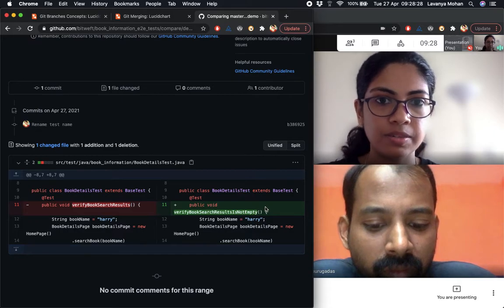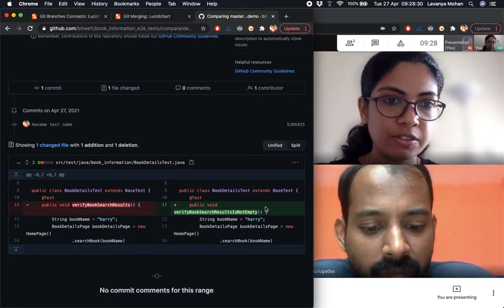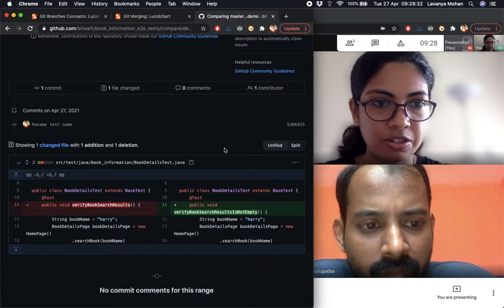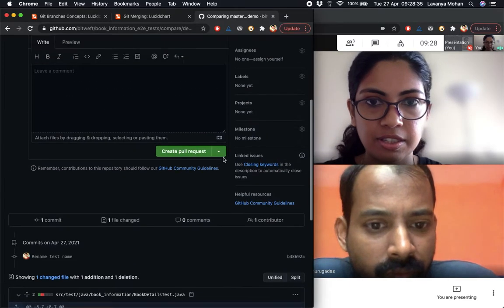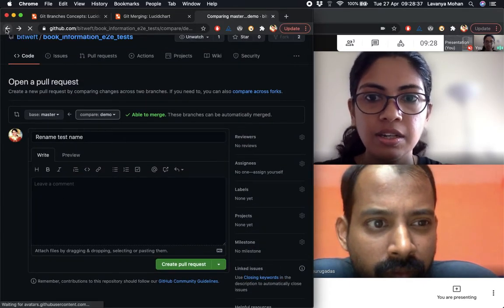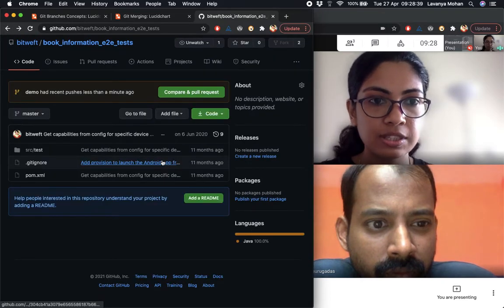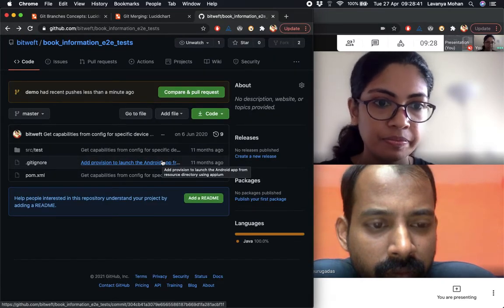And we will be able to visualize it all on the UI as well. And for the person who will do a review and then merge, again, it would be just a click of a button after everything is done. So this is one option. Another option is also to do this through command line.